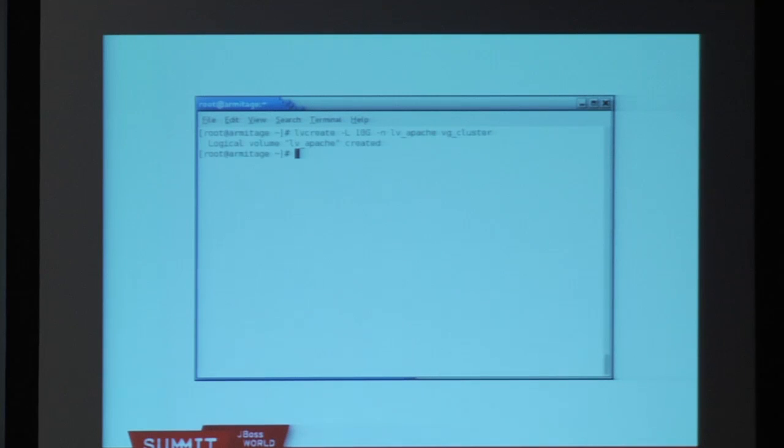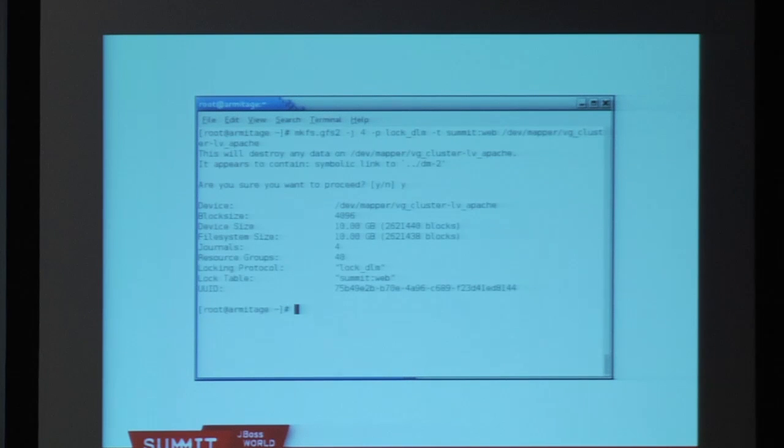And then I'm going to do lvcreate. In this case, I said, well, it's my web server, I'm only going to do 10 gigs. So I do lvcreate with the size 10 gigs, so -L 10G. The name is going to be LV_Apache, and the volume group that I'm doing it from is VG_cluster. So I created the logical volume. Now what I need to do is,